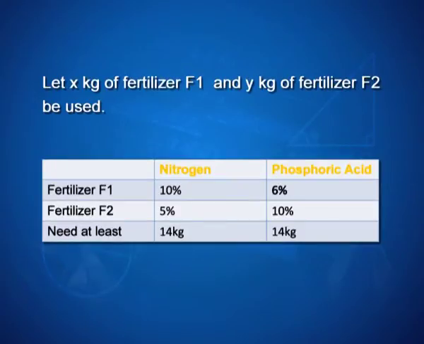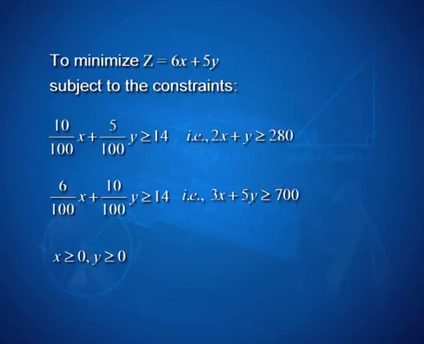Now, this is a problem which we had discussed in detail, where we start with x kgs to be the amount bought for fertilizer F1, y of fertilizer F2. You may translate this information in a tabular form so that you can interpret these conditions as an LPP with ease. So, we need to minimize the cost z, which is 6x plus 5y, subject to the constraints which simplified